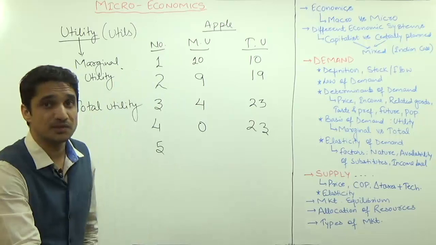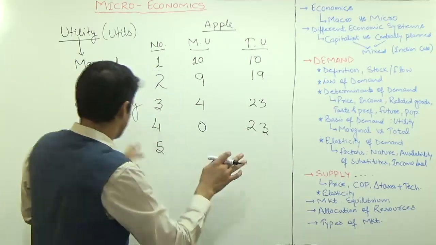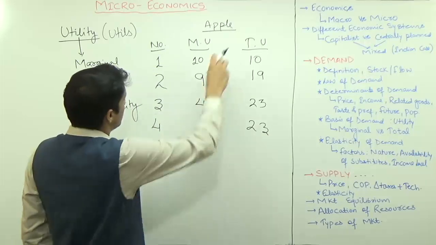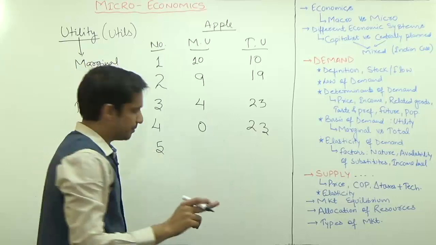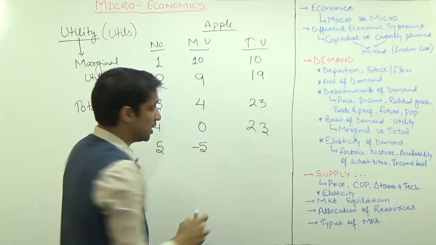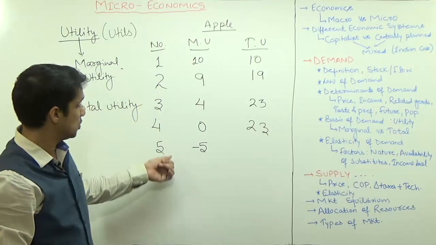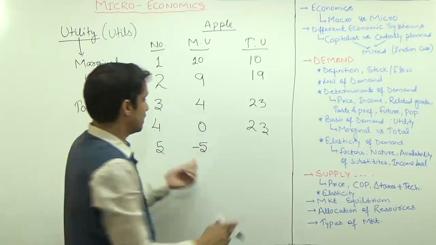Yes, it is possible if somebody is forcing you. Some external incentive is there. Suppose one of your friends came, you are consuming apples and you have already consumed 4 apples, now you don't want to consume any apple. But your friend came and said, I will give you 10,000 rupees if you will consume the fifth apple. So there are chances that you will consume that fifth apple also.